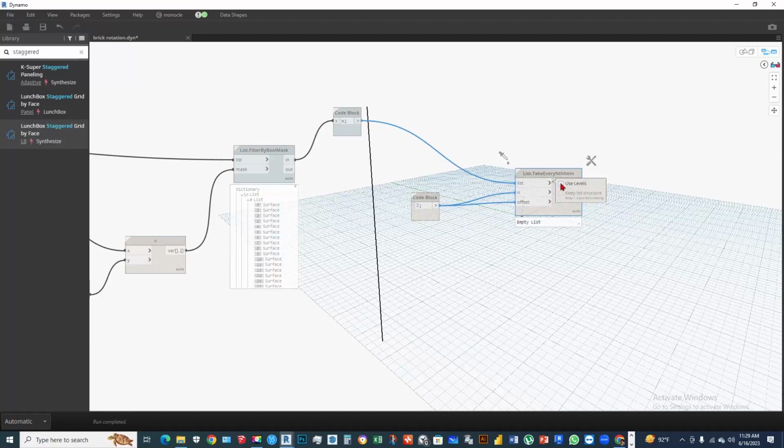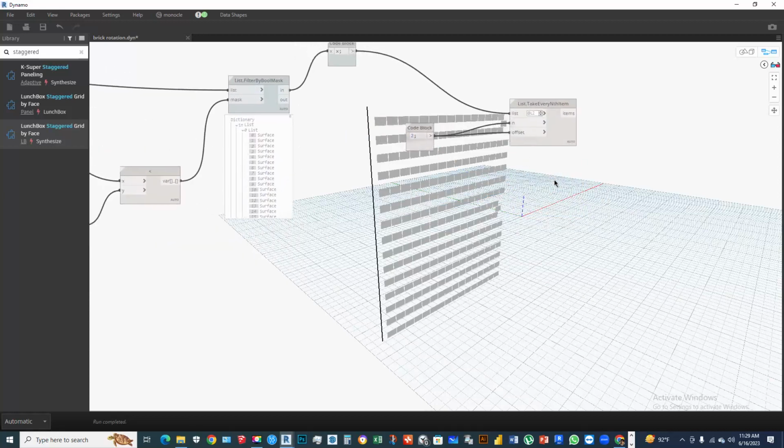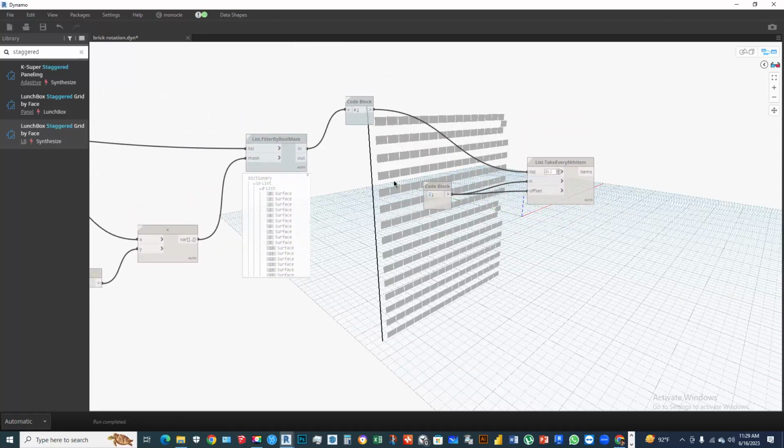We have to create levels. After creating these levels, we can find the nth 2 bricks in 2 sections of this brick area, one by one. Okay,